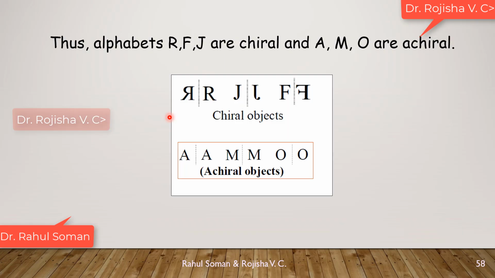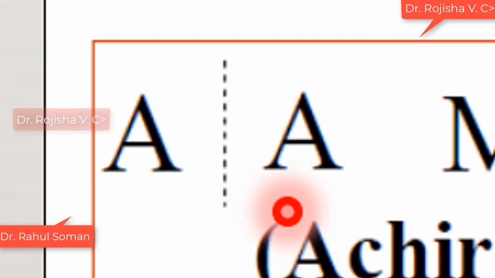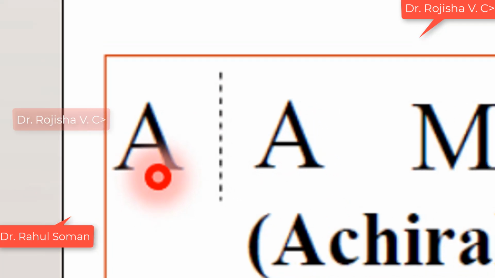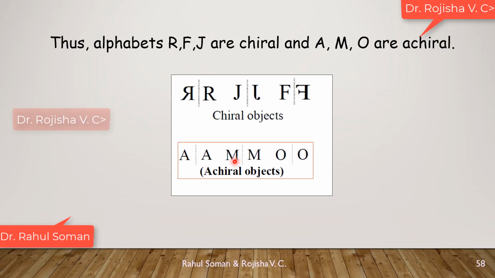We can take the example of alphabets. Some are superimposable, some are non-superimposable. Look at the letter A. We can have its mirror image like that, and if we keep that mirror image on the structure, it can be exactly one over the other. Similarly, it is the case with letter M and with letter O. But if you take the letter R, the mirror image will be a reversed R, and it is not possible to superimpose it on the other. Likewise J, F, and so on.